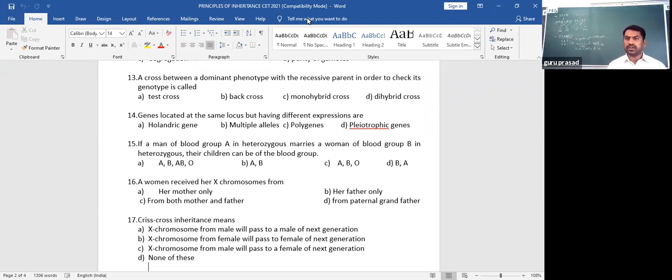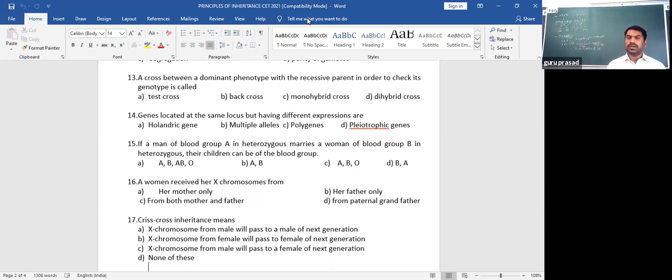Understand? Not to find out the genotype, we simply do that to find out the result. Whatever the possible result we obtain, we do this. But in case of test cross, F1 with recessive parent, to know the genotype of F1, we do that test cross. You have been given a tall plant, but you don't know whether it is capital T capital T, or capital T, small t. To know that genotype, you have to cross the given tall plant with its recessive parent. The recessive character of tall is dwarf, small t, a homozygous recessive parent.